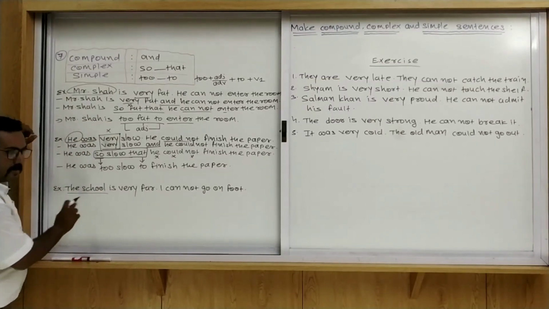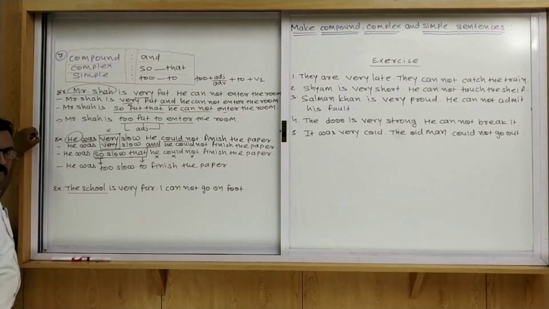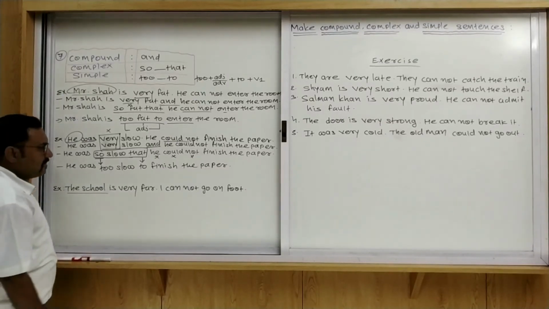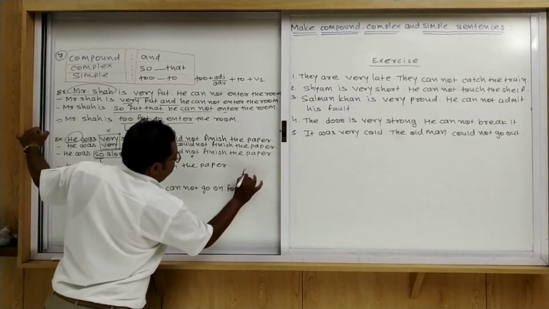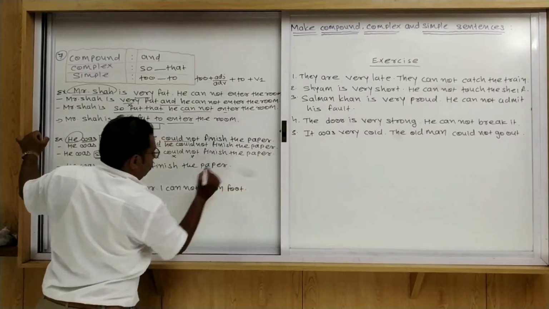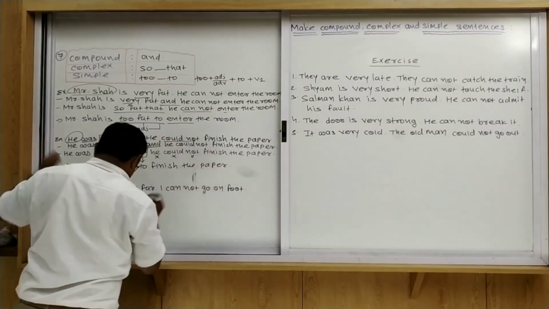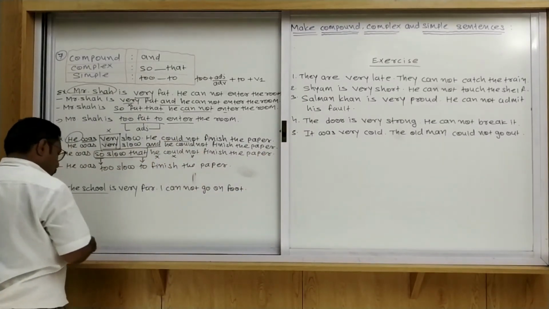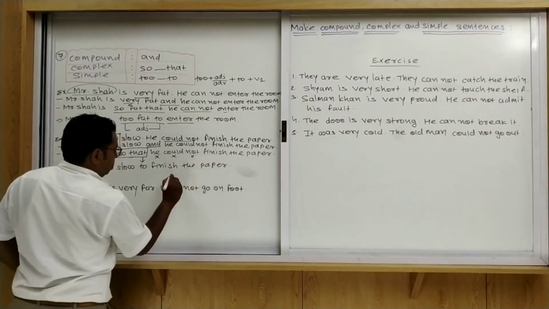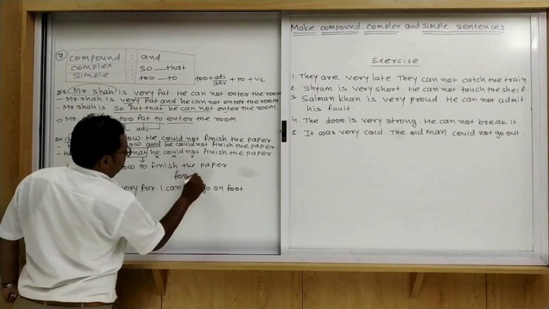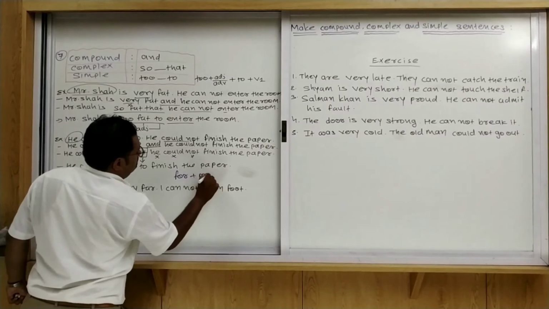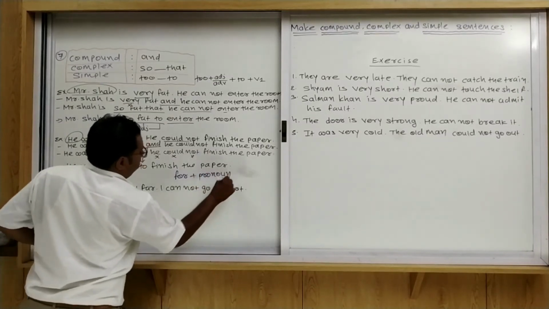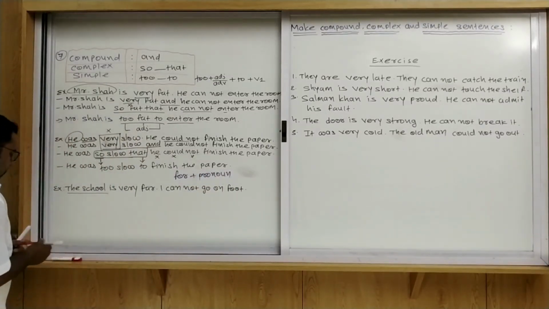But here in the first sentence the subject is not given. At that time it is necessary to use "for" plus pronoun. For example,